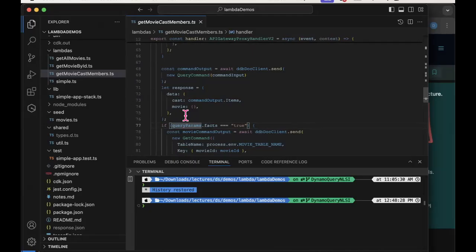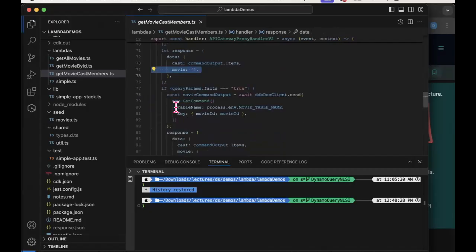So in this case, where that comes in is you have to specify the structure of a response, which is what I'm doing here, and I'm allowing for the possibility that there might be a movie object in the response, as well as the cast member object, which is always going to be in the response. So I've done that there, and that's what allows me then